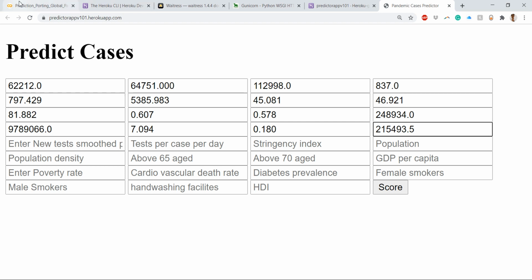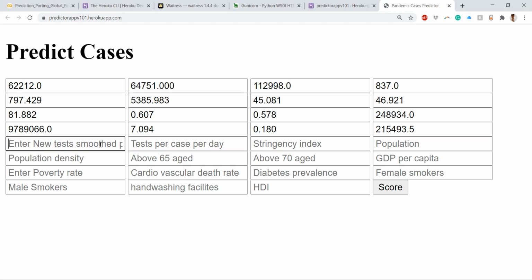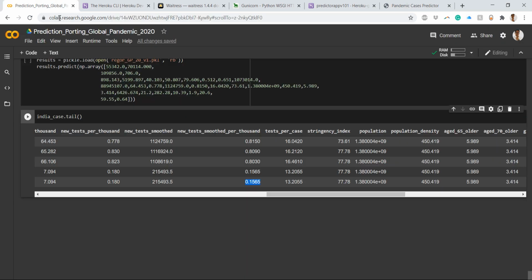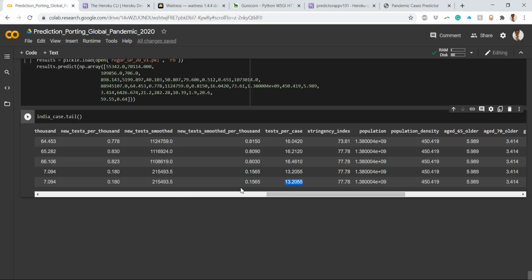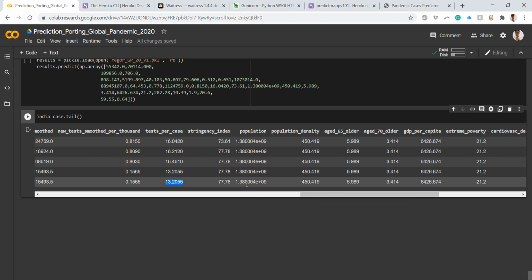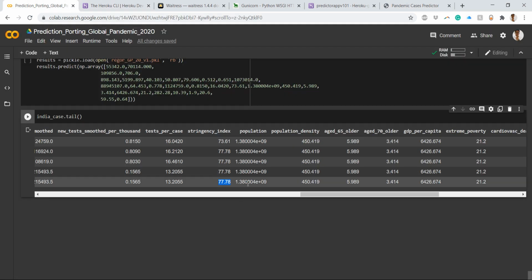So we have to take the pain of putting in all the values. But for a user, we want the user experience to be good, and the user should not get tired. I understand that, but later we'll do some database connectivity or some other tweaks.